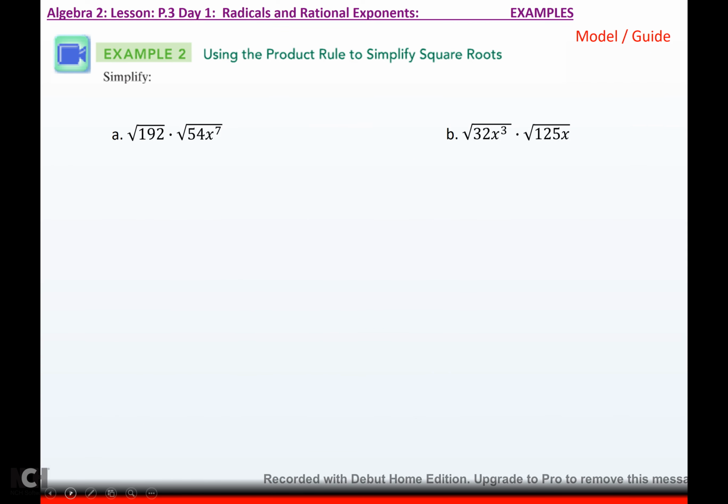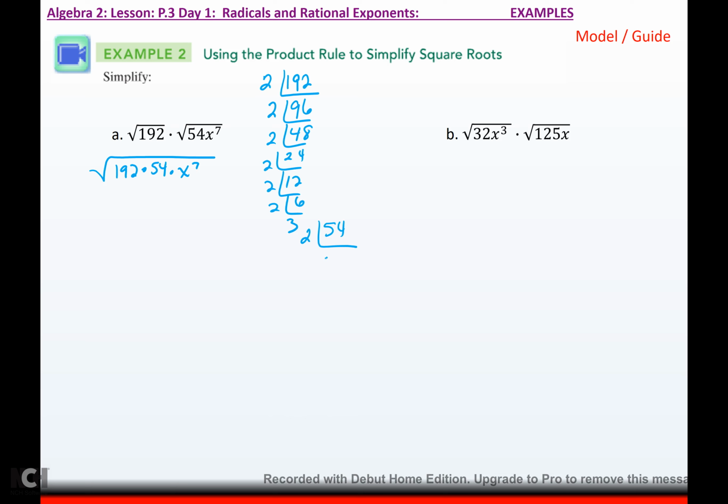Now, if we look at these, I can multiply these together first if you want to, but that's going to be a huge number that I just have to turn around and break back down. So what I do is I say, well, this is the same thing as 192 times 54 times x to the 7th. So what I'm going to do is break down 192 by 2 is 96, by 2 is 48, by 2 is 24, by 2 is 12, by 2 is 6, by 2 is 3. If I break down 54,